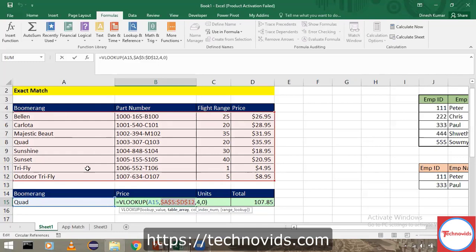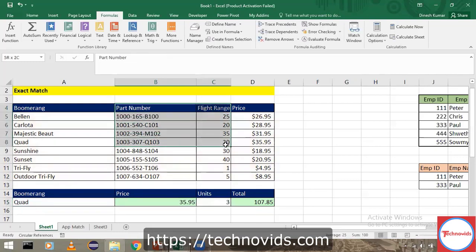Okay, now let's say if my lookup value is part ID, then I'll have part number, then I'll have to select a table like this from B column to D column, if at all my lookup value is part number. Here in this case, my lookup value is boomerang, so I'm just selecting the entire database like this. If my lookup value is part number,